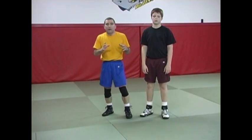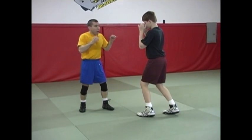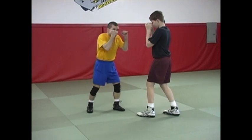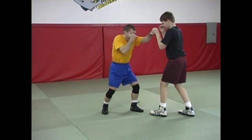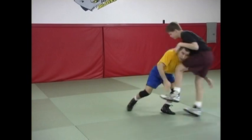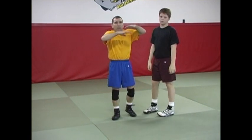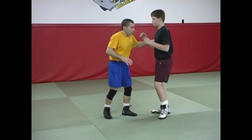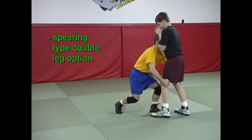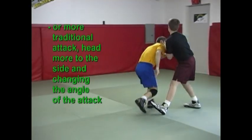Now, we're going to do some different types of setups that are basically going to be from hand striking. So, to start out with, just a simple jab to a double. We're both in position here. We might be a little further out. I'm going to come in, jab, and then I want to lower my level and come in. Typically now, because we're up higher, I'm going to try to avoid going to my knees. I have the option, of course, to come here and drive through, or to come in on a more traditional double and cut the corner